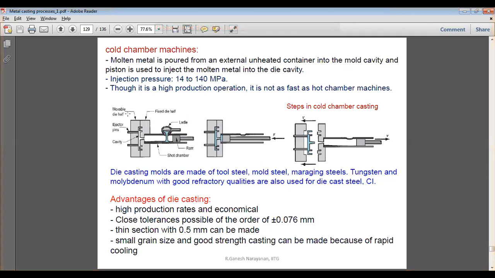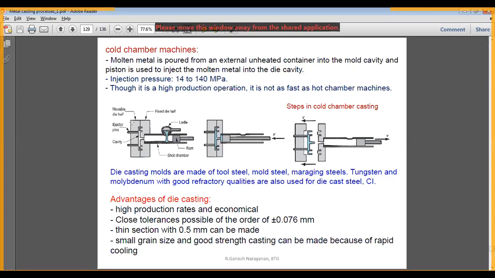Again we have a movable die and a fixed die, and these two together form a complete die. After casting, the movable die is moved out. You can see this is the plunger, the ram that is coming, compressing molten metal into the die. And when solidification is done,